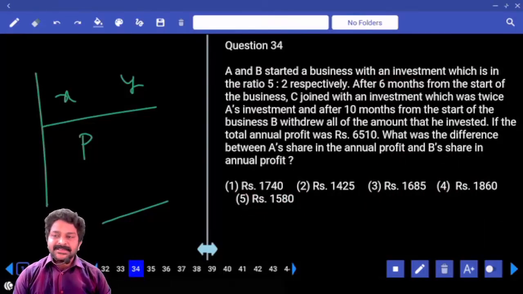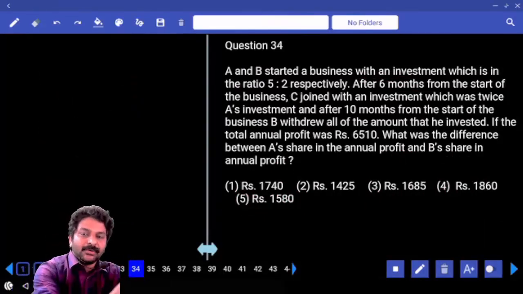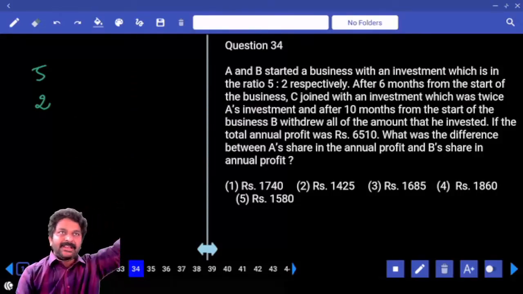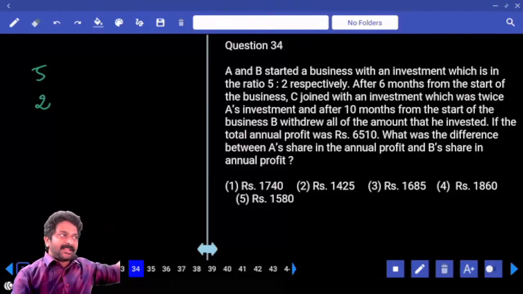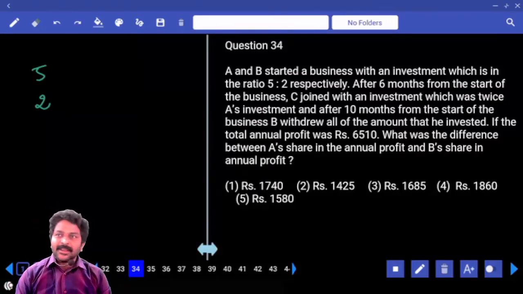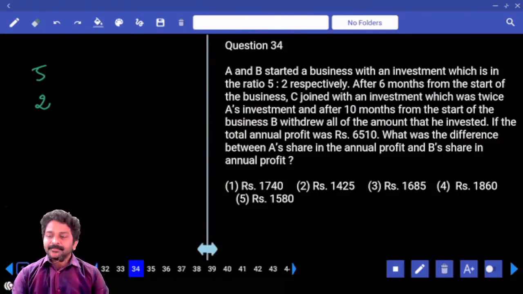Next, A and B started a business with investments in the ratio 5:2. I'll write vertically: A, B, C, D like that. Vertical. After cancellation it's easy, right? Next, after